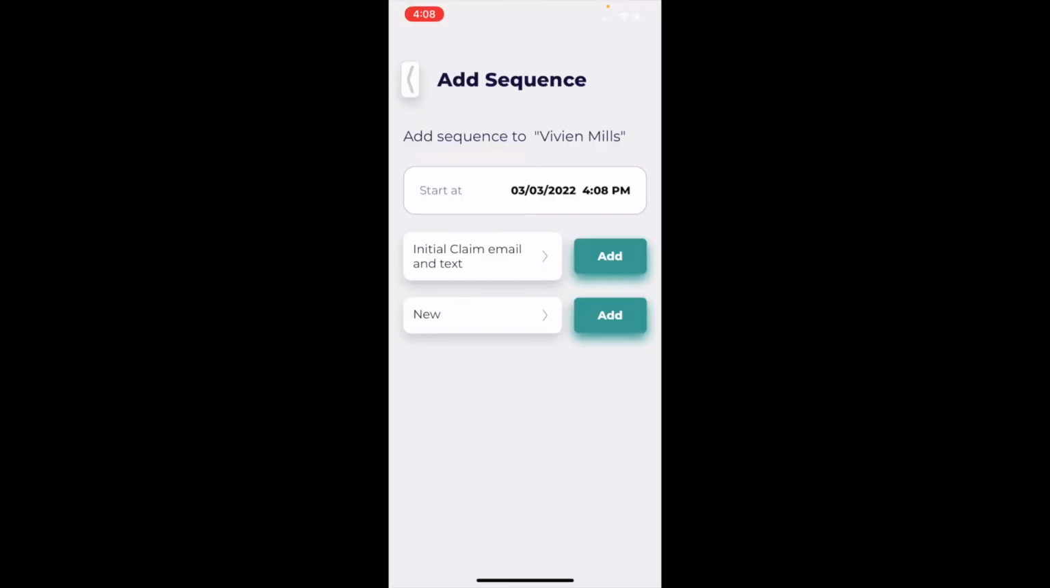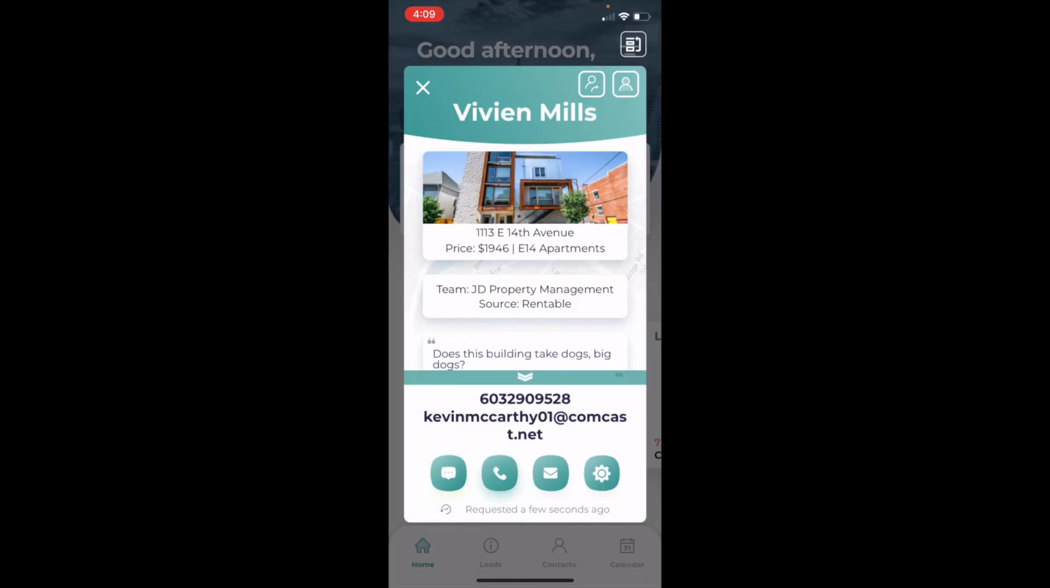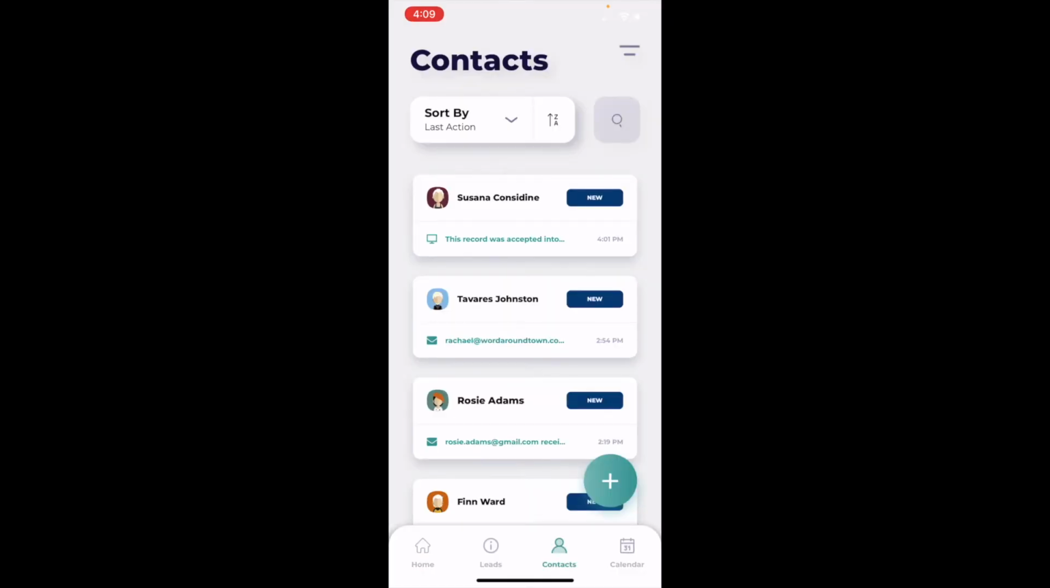Simply press that and it will bring you to a list of all of the available sequences that you can use with that lead. Hit add. It will ask you to confirm, and it's as simple as that. Now that sequence has been started, and if we close the lead card and go back into our contacts database